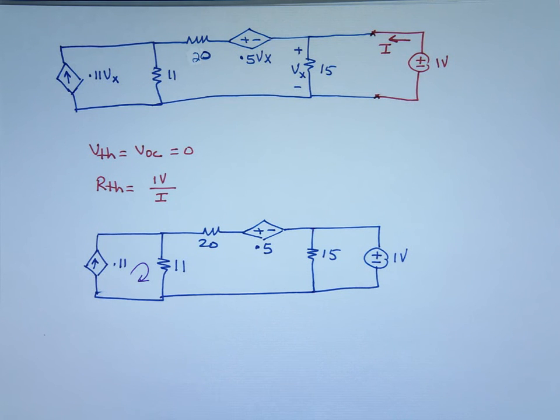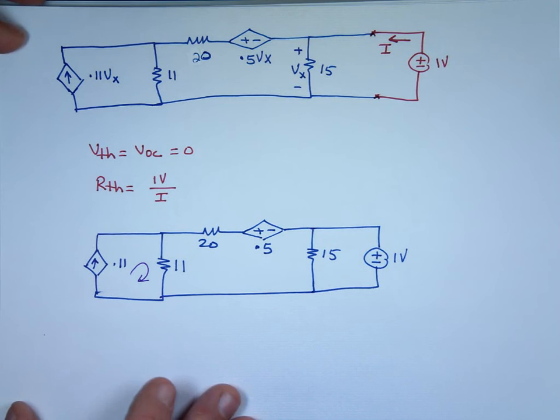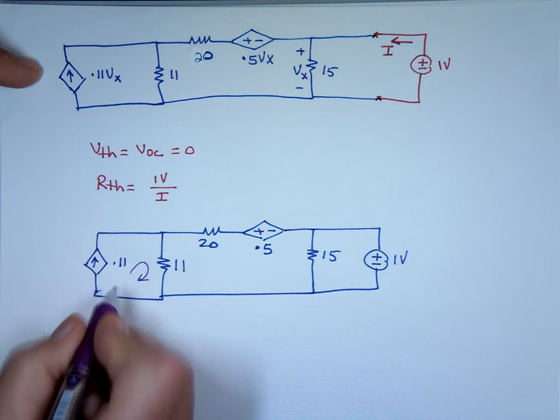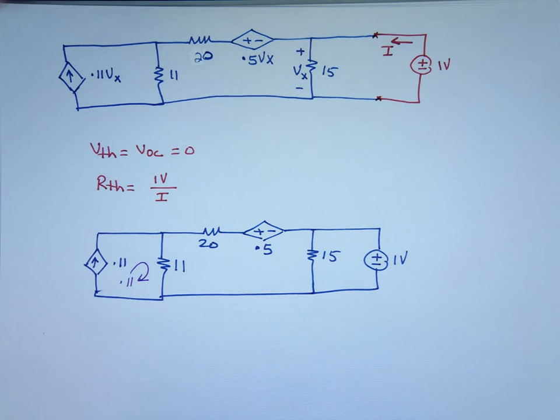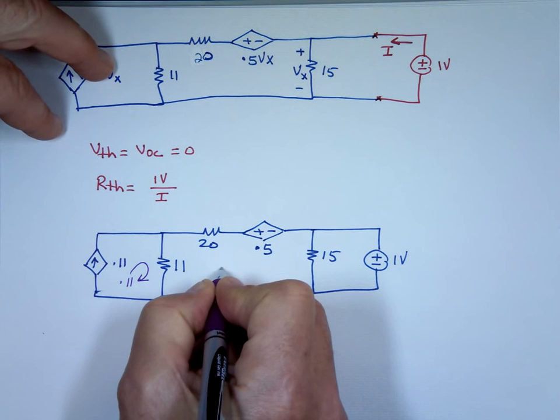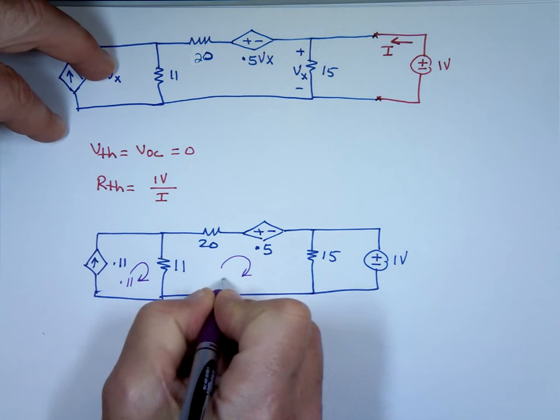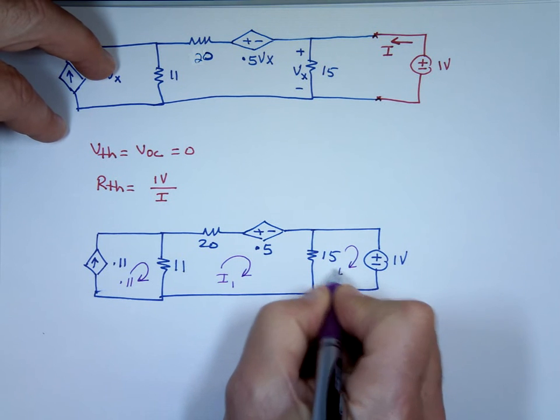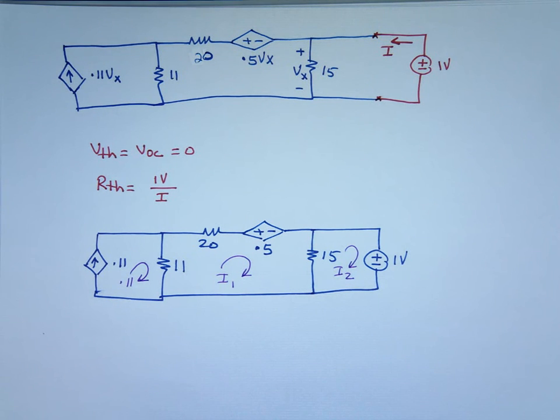Wait, with the voltage or the current? The current. Isn't that pointing in the same direction as this? Yeah. Same direction, going up there, right? So when it's pointing in the same direction, it's going to be the same. Okay, no, what confused me is that from one of the other problems, there was a different type of situation. If I do KVL here, two equations by two unknowns, and I sub 2 equals